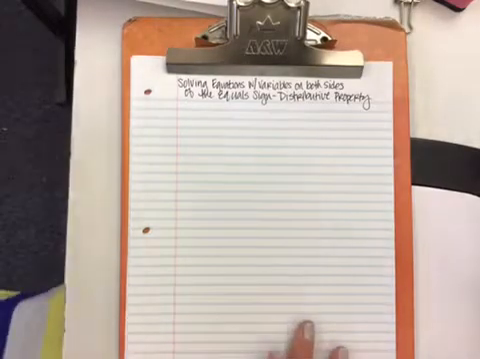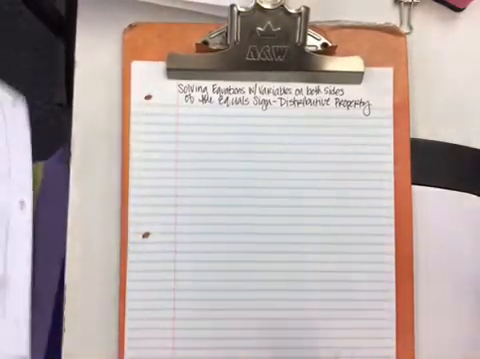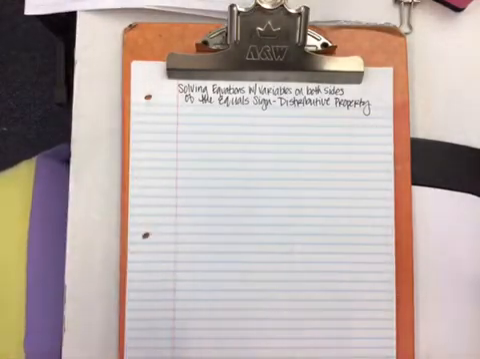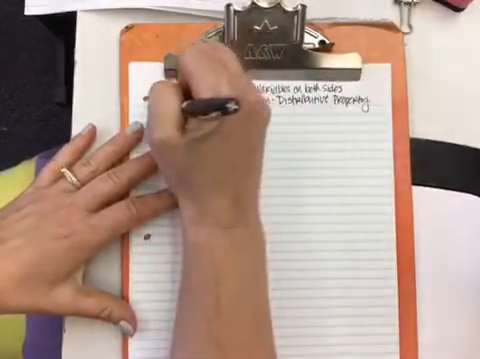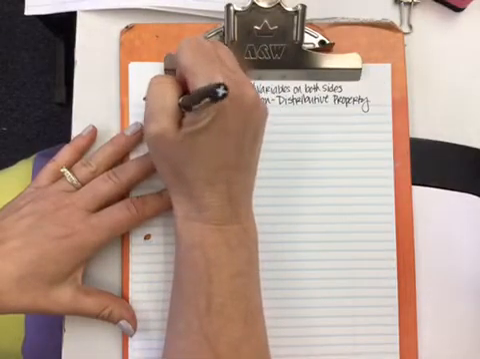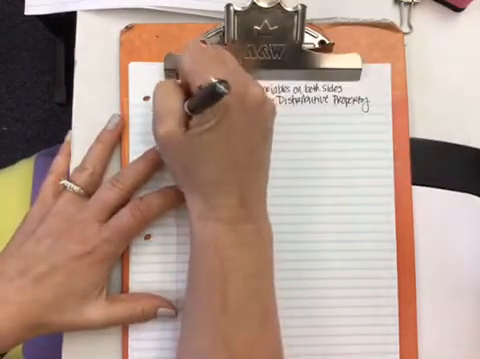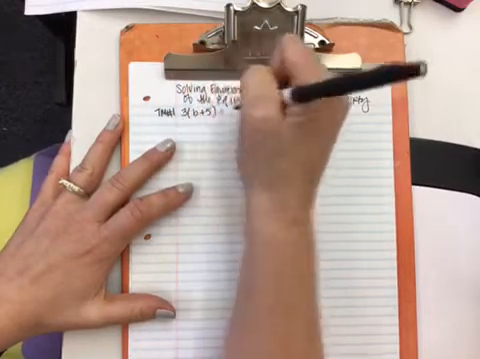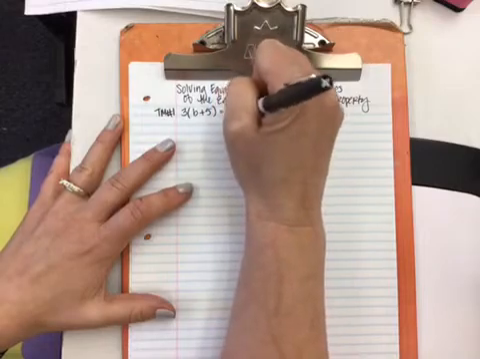Okay, so today we are in 5th period and we are going to be solving equations with variables on both sides of the equation using the distributive property. So my first example is, remember teacher model number 1, our pens are capped, eyes are forward. So we have the equation 3 times the quantity of b plus 5 equals 4 times the quantity of 2b